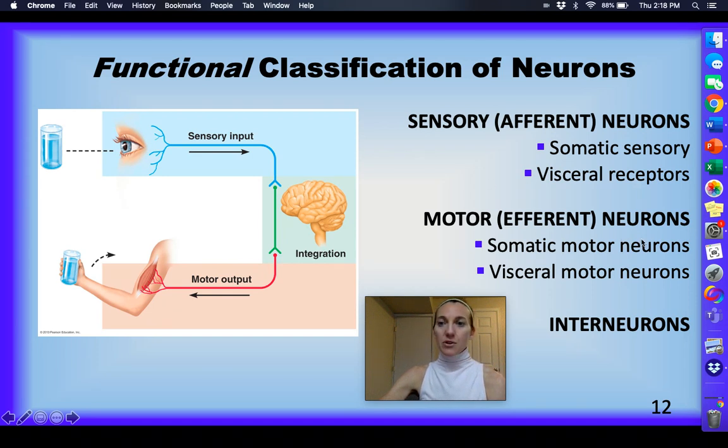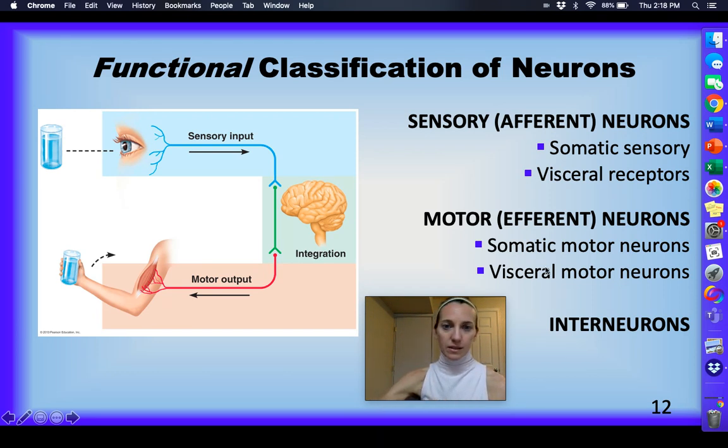And then again, the neurons in the motor system, so somatic, voluntary, and then the visceral is going to be